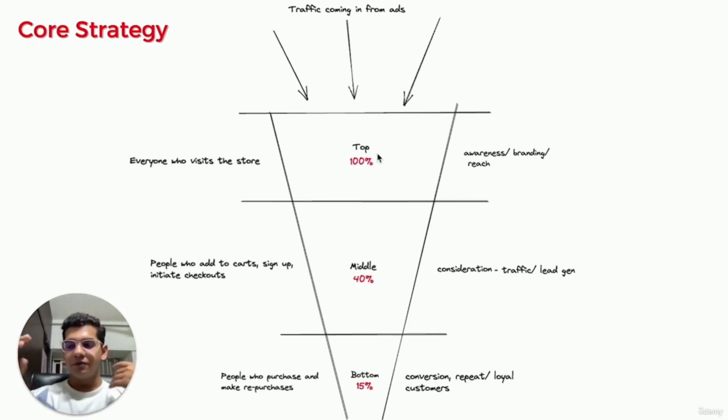Before I start on the strategy, I want to tell you briefly what each part of the funnel does, what the goal of every part is, why it is important, and what it tracks. So basically, the top of the funnel is there for tracking your awareness. Awareness as in, the major goal of the top of the funnel is to create awareness about